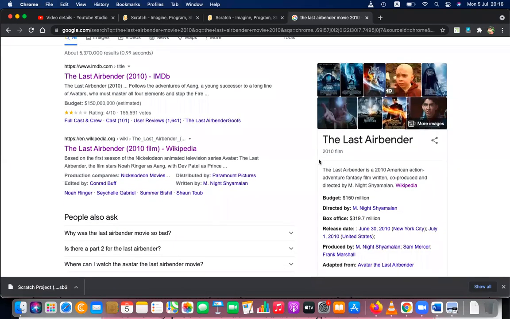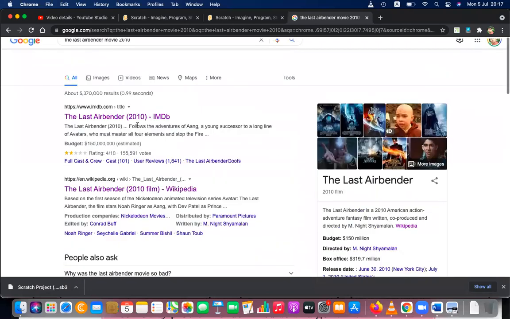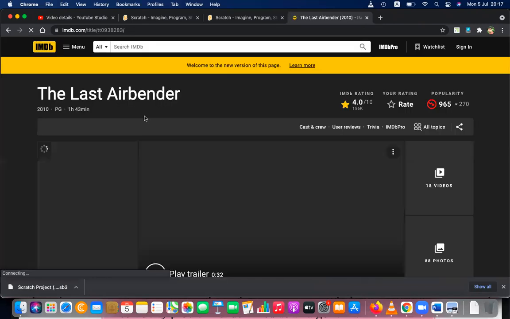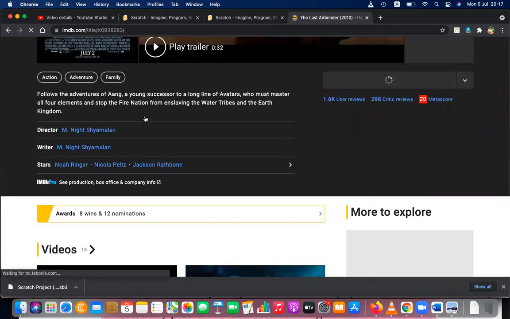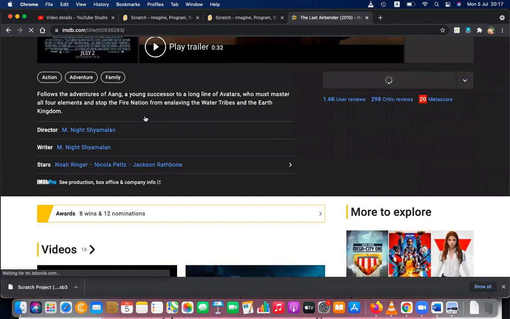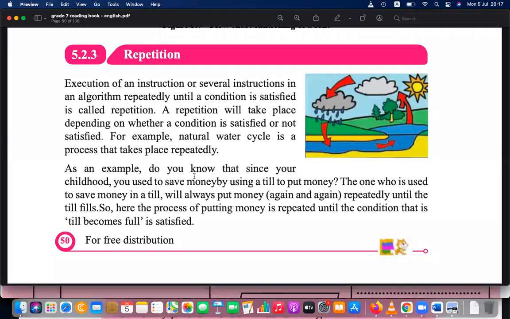One of the characters that you love is also there, I think, in the casting crew. Yes, the cartoon one is that. Cartoon has a similar story. This is the movie of the same cartoon. And I think if you have watched this, there's another movie where the machineries and the people are fighting. What is the movie name? I cannot remember the name. Sorry. Anyway, it has this water cycle thing. That's why I said it's a nice movie.